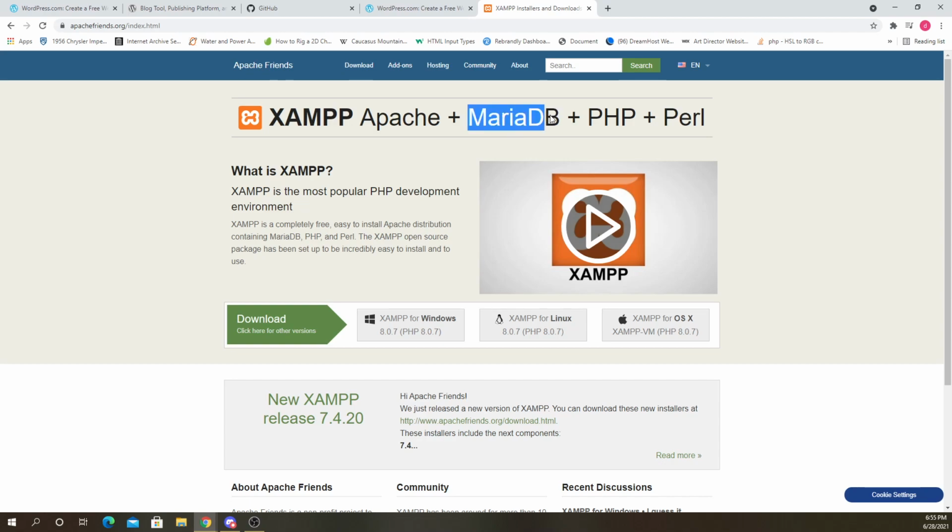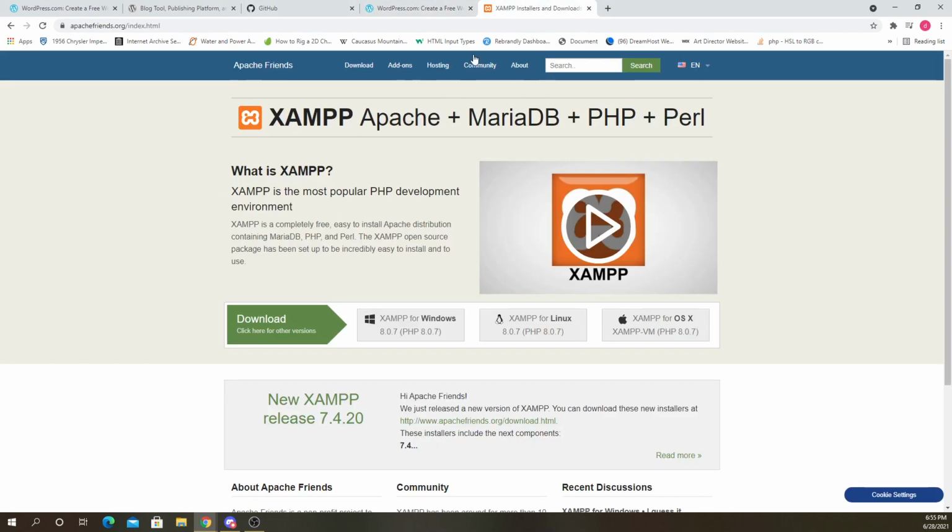So you're going to need a database for that. You're also going to need PHP because that's the programming language that WordPress is built on. Okay, so XAMPP, when we download that, will give us all three of these plus Perl. I don't think we need Perl, but it comes with that too. So we'll also need that, which is again open source.